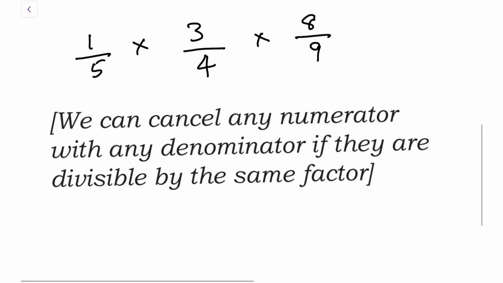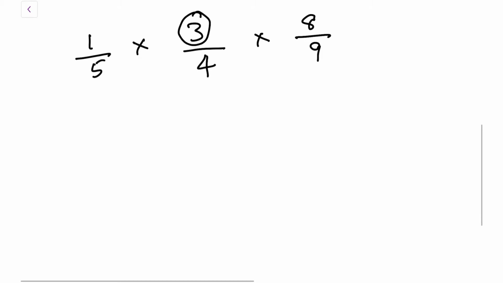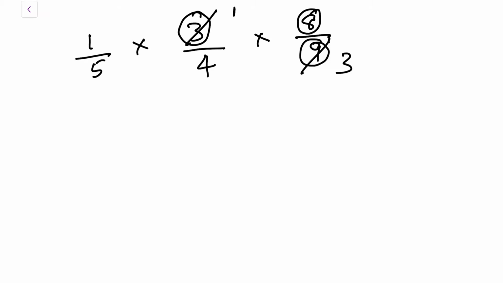So let's see. If you can see, there is 3 as numerator here and there is 9 as denominator here. Do you think there is any common factor? That's right, 3. So 3 1s are 3, 3 3s are 9. Can you look for any other common factors? That's right. If you look at 8 and 4, 8 is in the numerator, 4 is in the denominator. We can also see that 4 is the common factor. So 4 1s are 4, 4 2s are 8.